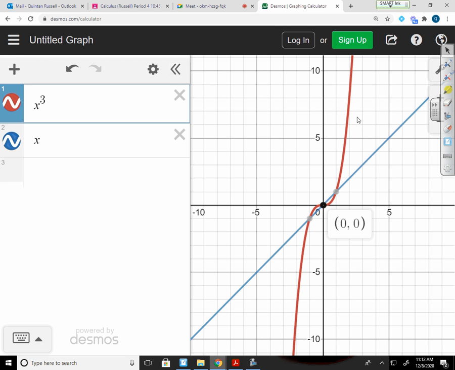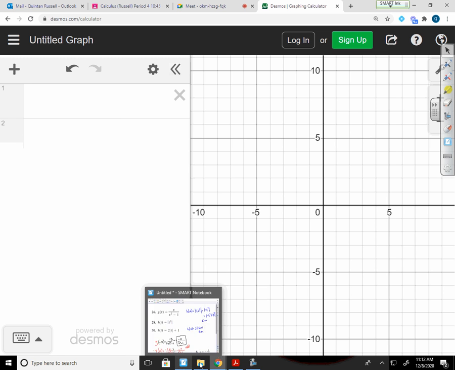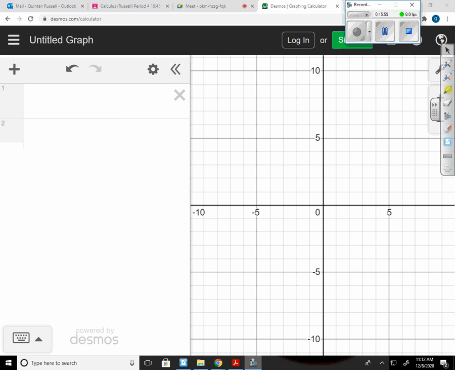That one's hard to describe. Evens are much easier because your reflection is directly across the y-axis. So both the left and the right are the same for evens. All right,